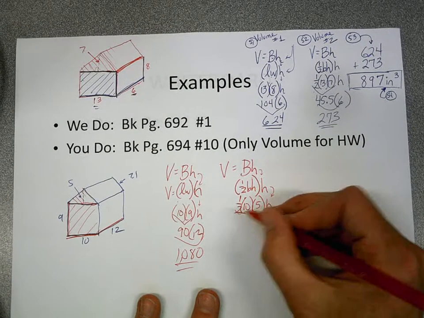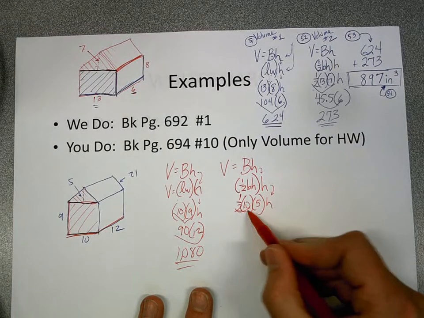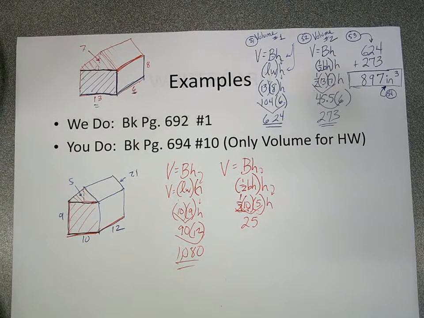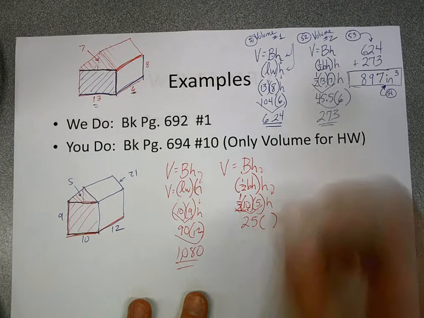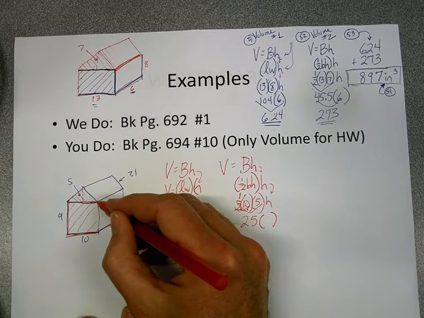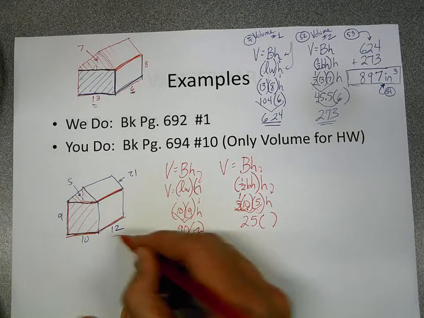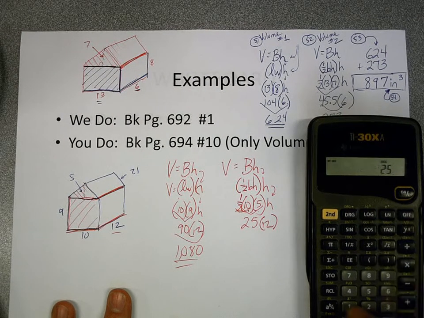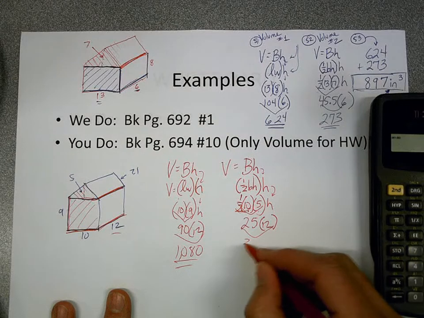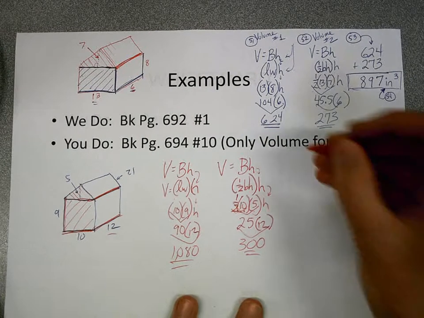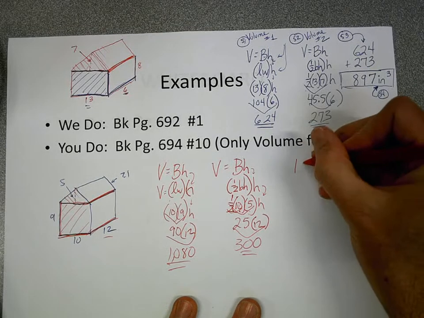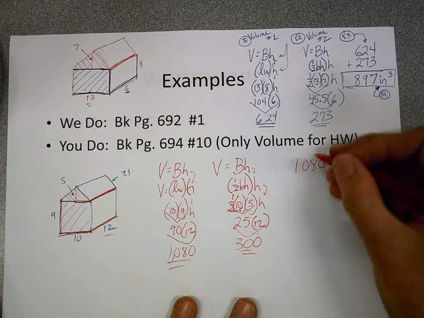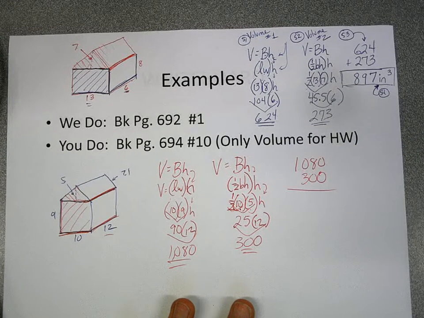Well, 1/2 of 10 is 5, right? And 5 times 5 is 25. The area of our triangle is 25. I'm going to plug in our third dimension. How many layers does it go back? Well, it goes back the same as this. It goes back 12 layers. So 25 times 12 equals 300. So, step 3, I add those two together. We have 1,080 cubic meters in the rectangular prism, 300 cubic meters in what looks kind of like the attic. And so when I add them up,